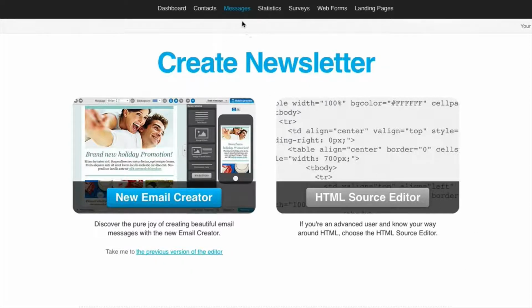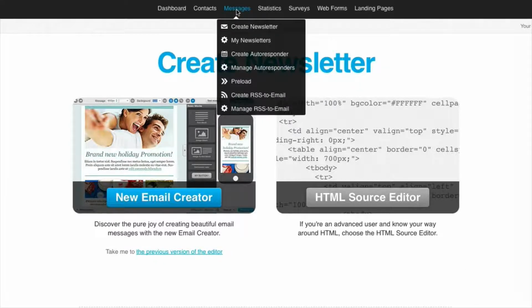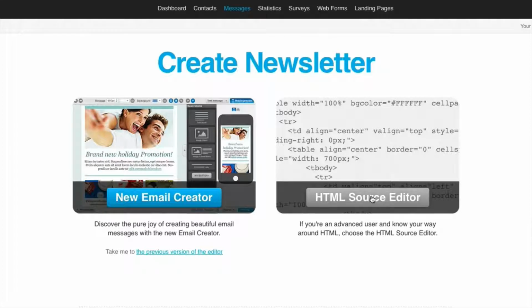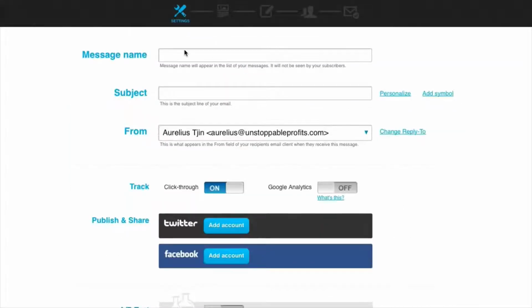Let's say I'm creating a newsletter. I can just go to messages, create a newsletter. I'm just going to choose a HTML source editor, put in just a message name, demo, subject line. Here it is, track click through. Now bear in mind that the open rate will only be tracked and counted if your reader enables HTML